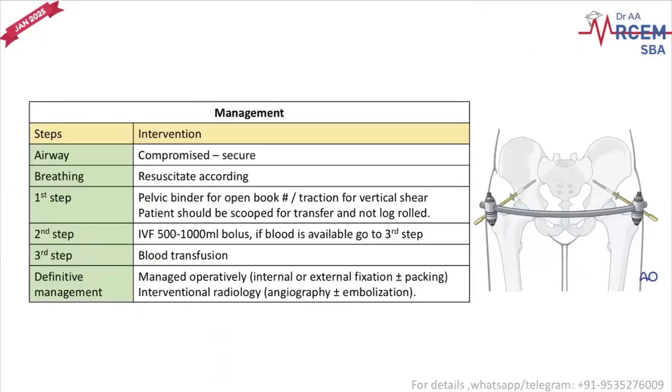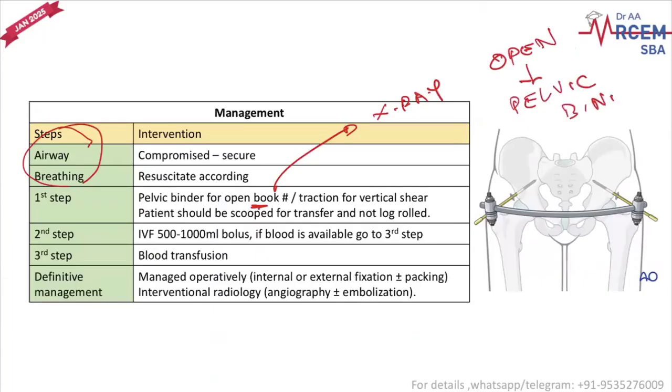How do you manage these individuals? So airway and breathing you have dealt with. Now you are in circulation. If it is an open book fracture, so you got an X-ray done and it is suggestive of an open book fracture, the treatment for this is a pelvic binder. Okay, remember that this is the treatment for the pelvic binder. But if the X-ray shows it is not an open book fracture, it is a vertical shear fracture,